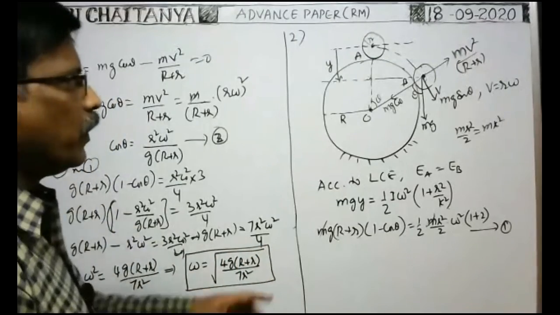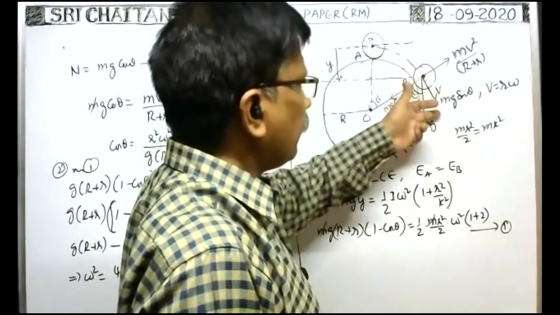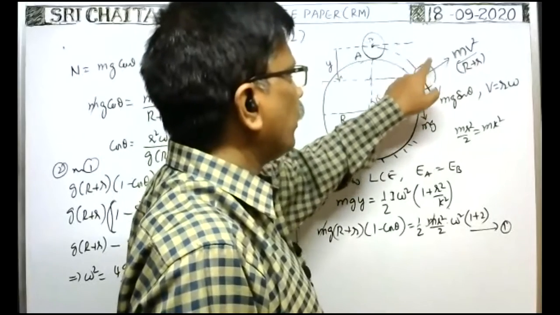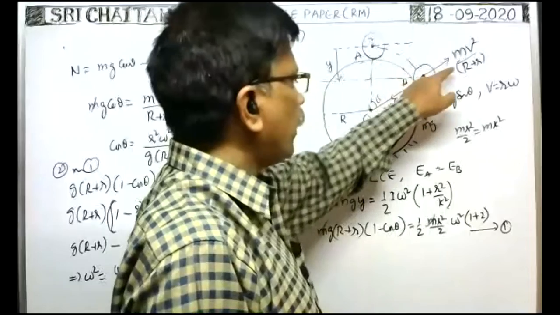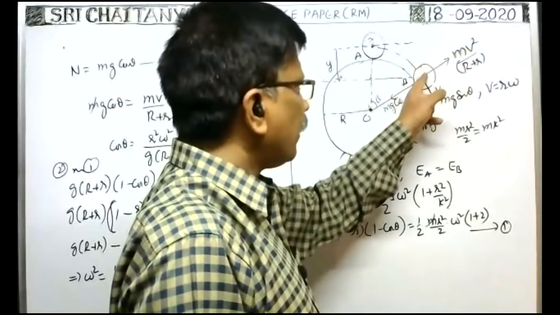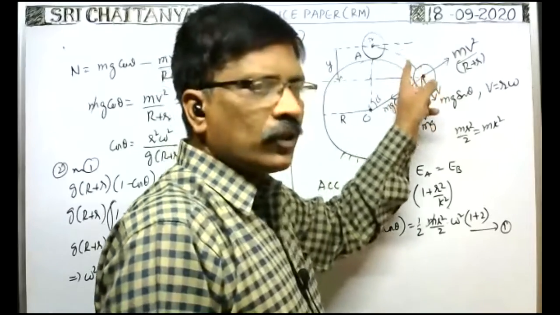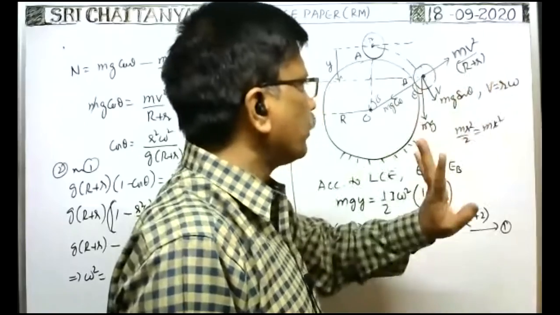So here we have to remember one point. Whenever rolling without slipping takes place, its velocity is v. Then the centrifugal force acts on this disc at this point, equal to mv square by the radius of the circular path, which is capital R plus small r. But here v is the speed of the center of mass whenever it is rolling without slipping. Whenever the cylinder rolls without slipping, v is equal to small r, the radius of the disc, into omega. That is an important point here.